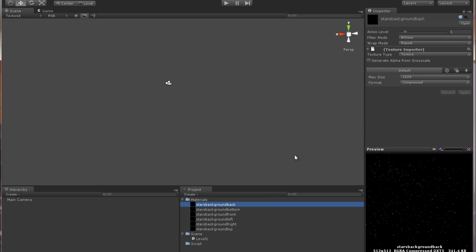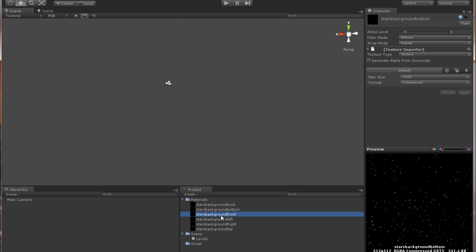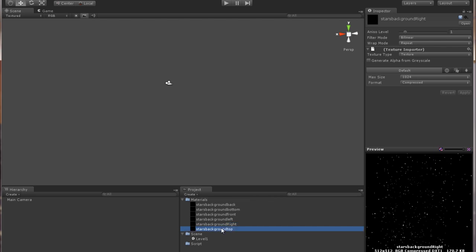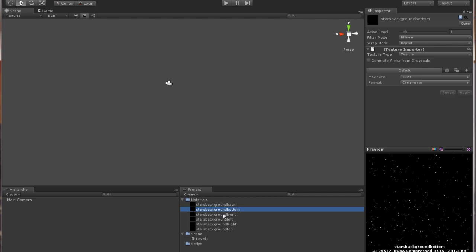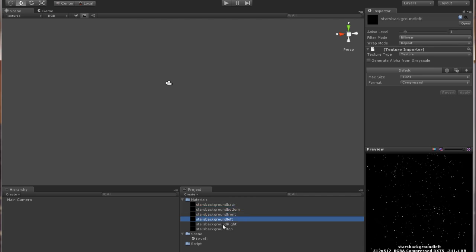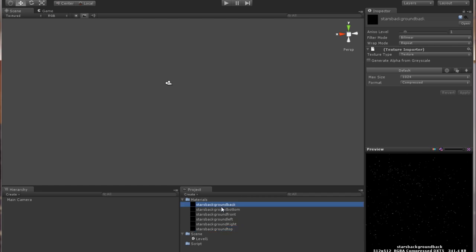Now I should tell you that is one way to import, through the Assets, Import Asset. You can also simply drag them into your project and it will automatically import through that process as well. Now you can see my objects, my PNG files. I created these specifically for this project. They're all 512 by 512. Some of them are a little larger than what I would like in file size, but for the time being,